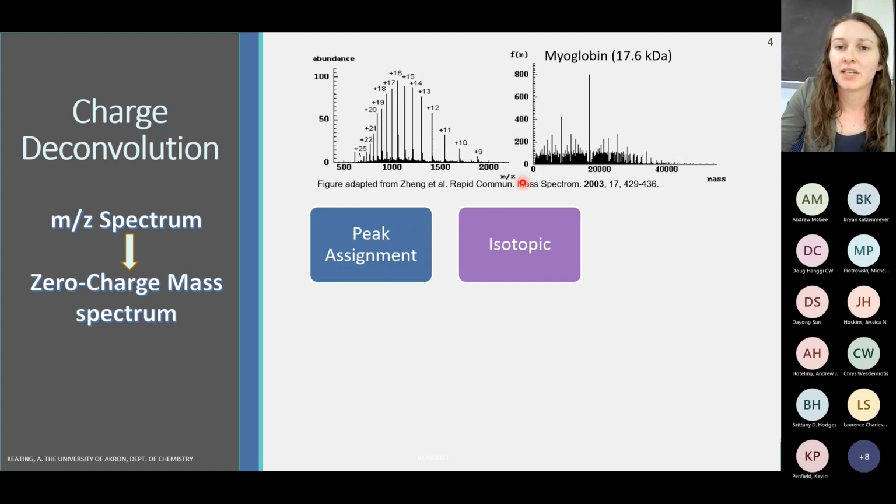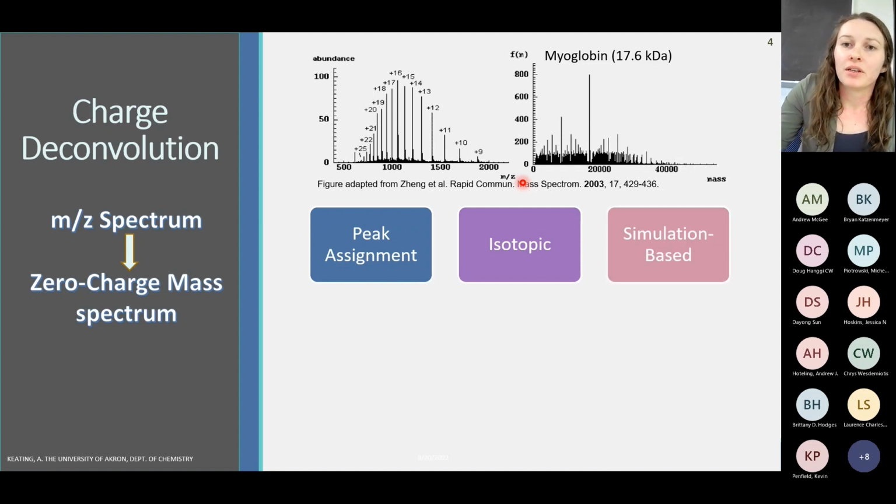So looking at your spectrum, taking the isotopic resolution or the change in M over Z, determining the charge state, and then back calculating your mass of your sample. However, you need a lot of simple techniques or simple spectra to do something like that. And so the